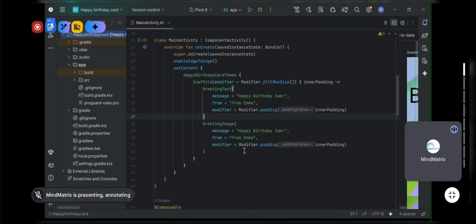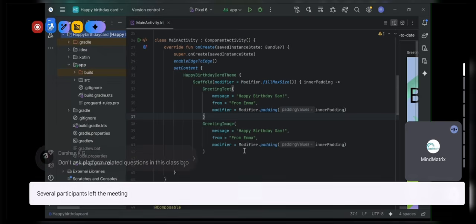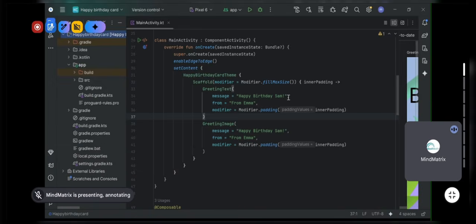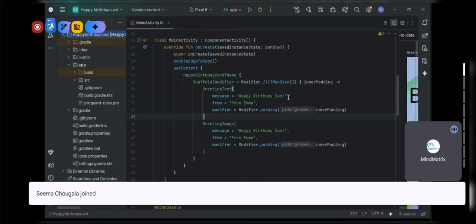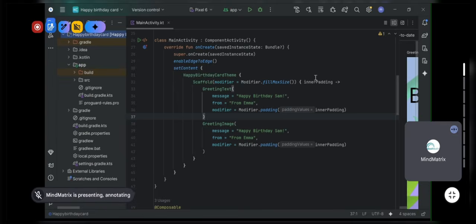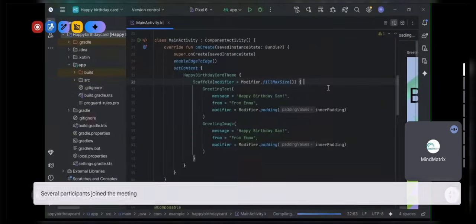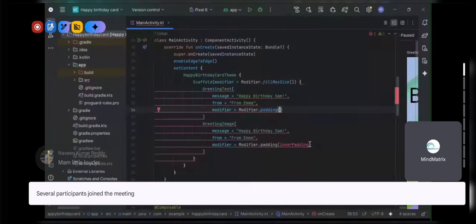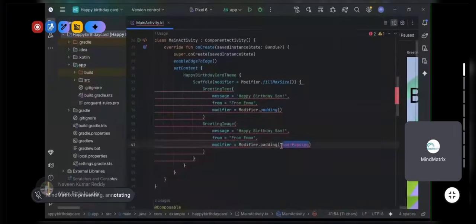And another thing, if you are facing any errors like in these things, it is not necessary to do these things, but I will tell you, if it is not showing some other things, you just clear these inner paddings on both sides and just give the padding values.